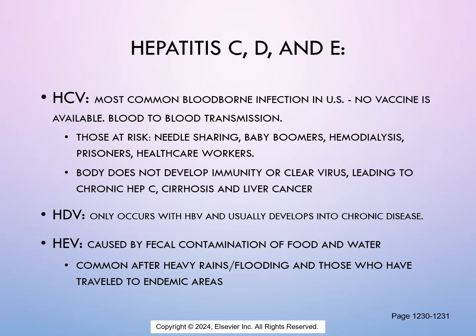Moving on to hepatitis C. So hepatitis C, that C is in Charlie. It's the most common bloodborne infection in the US because unlike hepatitis A and B, there is currently not a vaccine available for this. The disease is transmitted by blood-to-blood contact, and this can happen through the shared use of